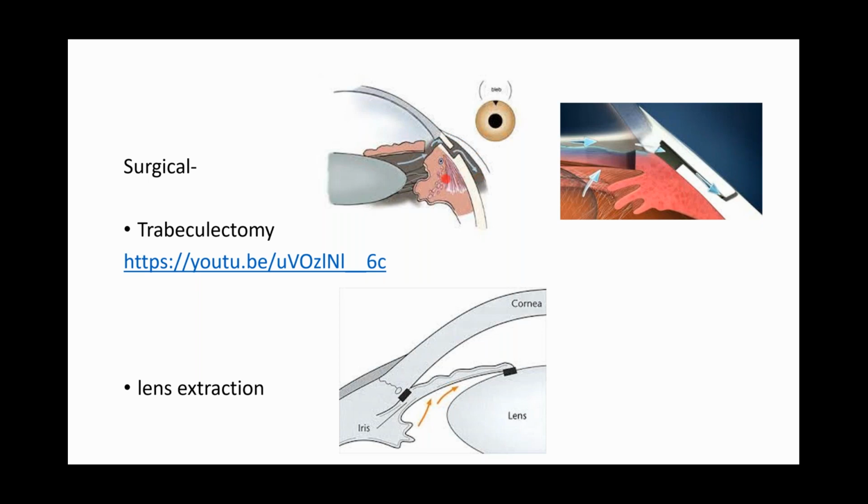So what will happen now is, rather than this route, it will directly come from this peripheral iris opening through the scleral opening into the flap area, and slowly diffuse over the conjunctival space and get absorbed from here. Okay, so we'll just see a video of this too, how a trabeculectomy happens or works.